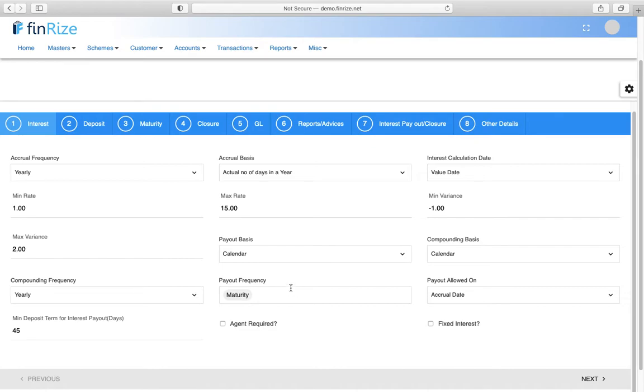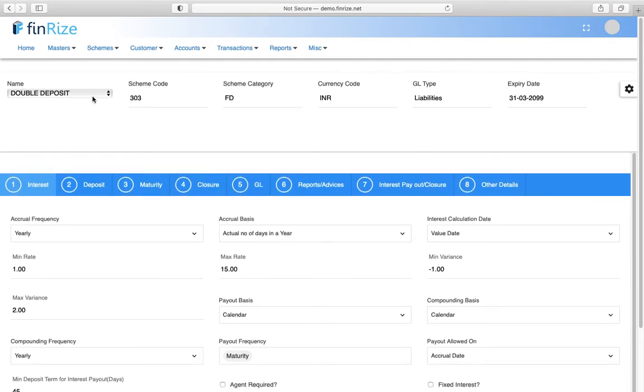Now if you want that payout to happen, then you can select these parameters like monthly, quarterly, half yearly, and all those things. As it's a double scheme, they want it only on maturity usually, so maturity is supported. Now this is how the compounding works. So I would like to take a